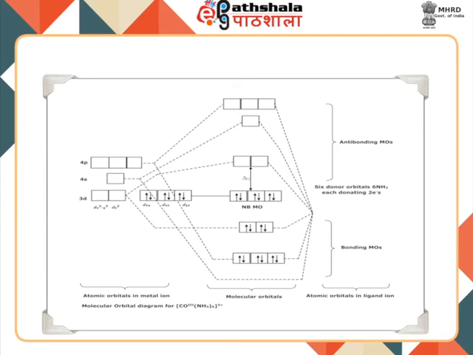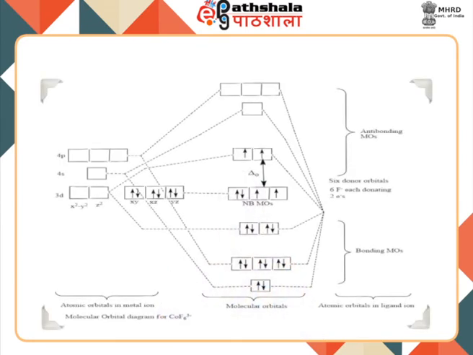Again, it can be noted that the dxy, dxz and dyz orbitals are non-bonding molecular orbitals which remain degenerate and as such in energy. The gap between the non-bonding T2g set and the eg sigma star antibonding set is represented by the value of delta naught. Now, considering the molecular orbital diagram for the formation of cobalt fluoride complex using the ligand group orbital